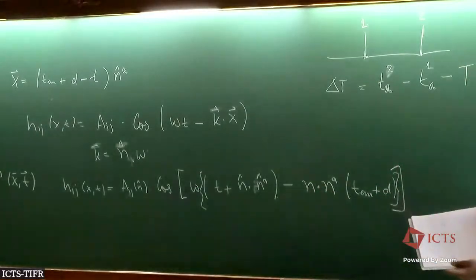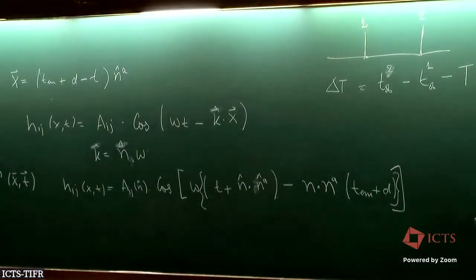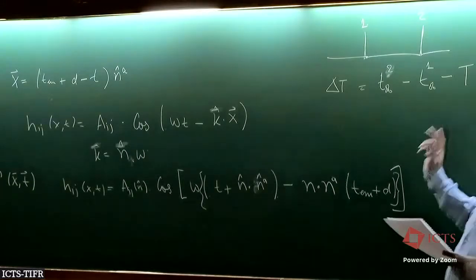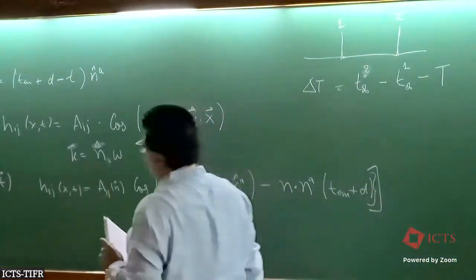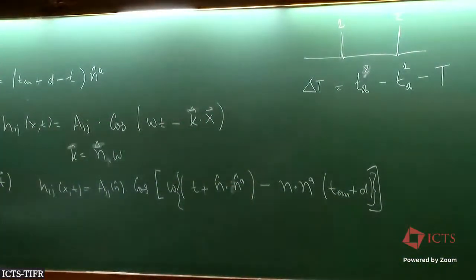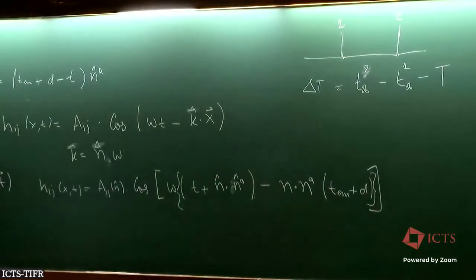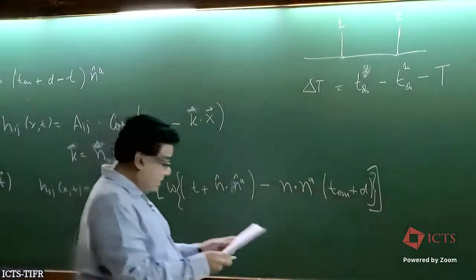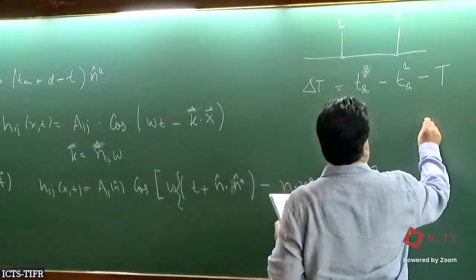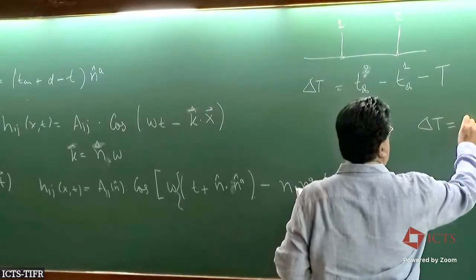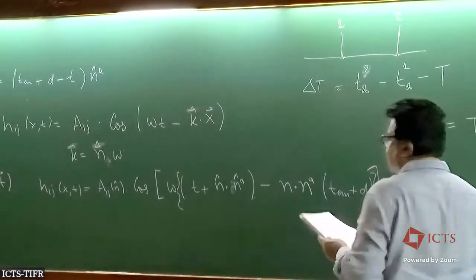It should be T, you subtract that. Okay. So this is the thing we are looking for, and you can then convince yourself, or it's easy, I'm sure I'll show you, that this delta t is basically T times the